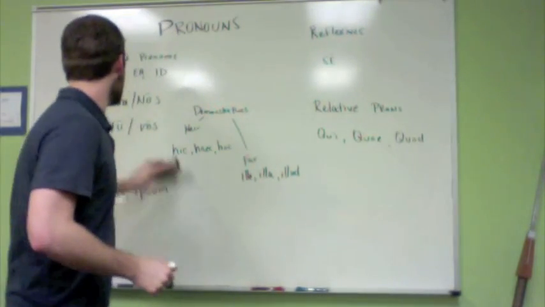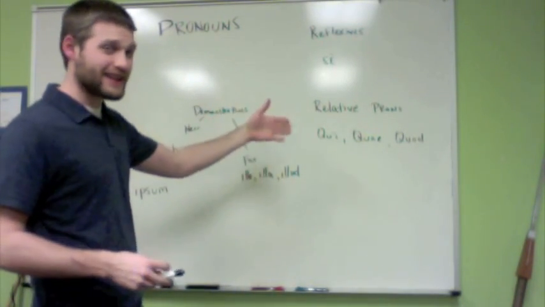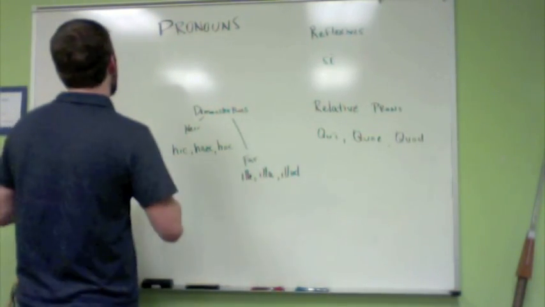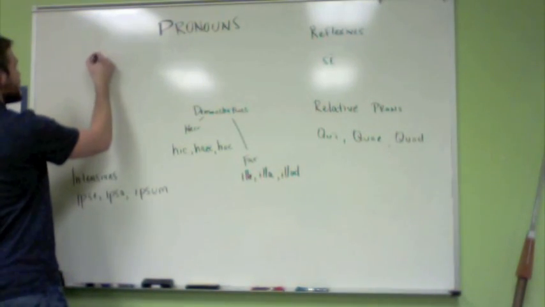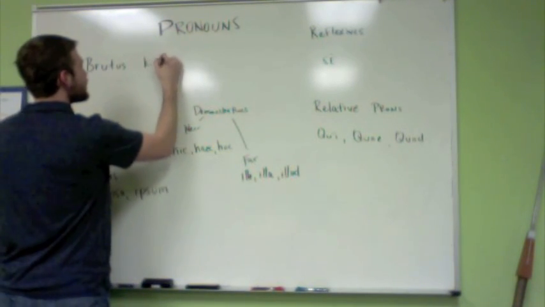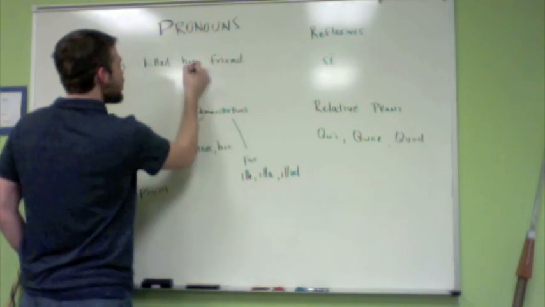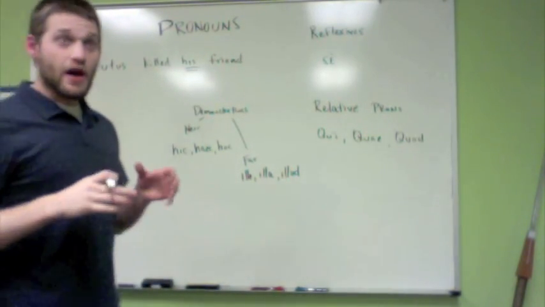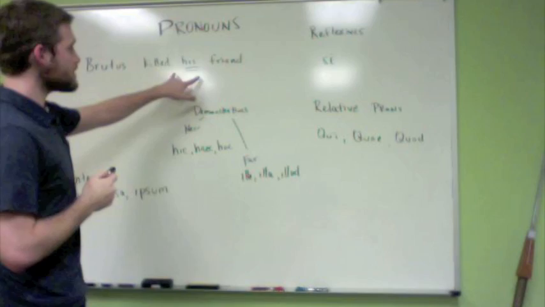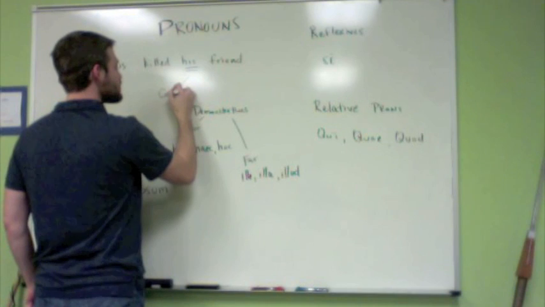All right, clear up a little more space. In general, reflexives only get difficult in more complex Latin, like second-year Latin, or third semester Latin if you're doing college, or second semester Latin. So here we could take a sentence like, let's say, Brutus killed his friend. Well, in English this is actually a pretty vague sentence. Is this Brutus's friend, or is this somebody else's friend? Like Brutus killed Cicero's friend?